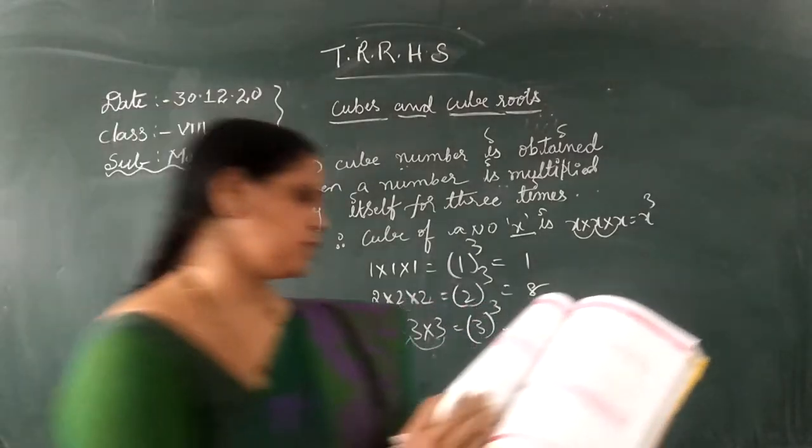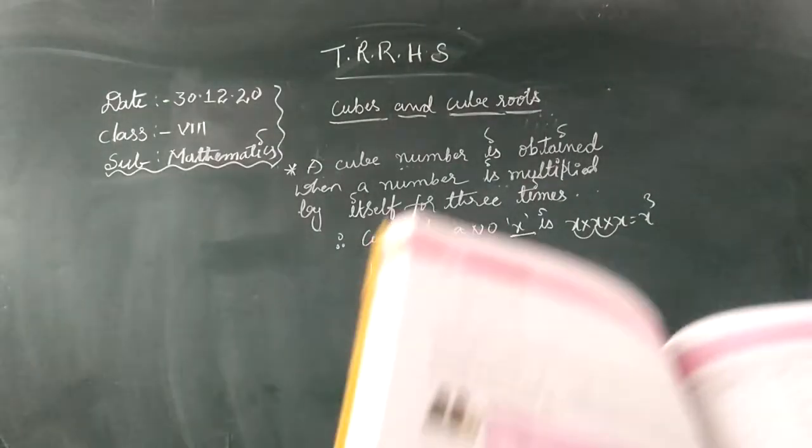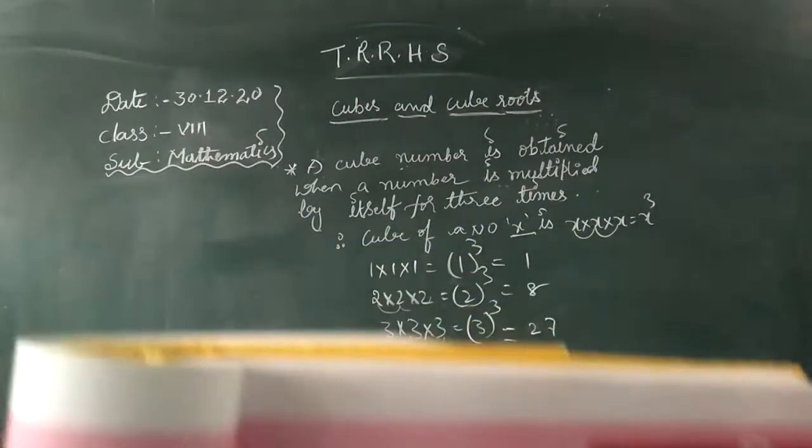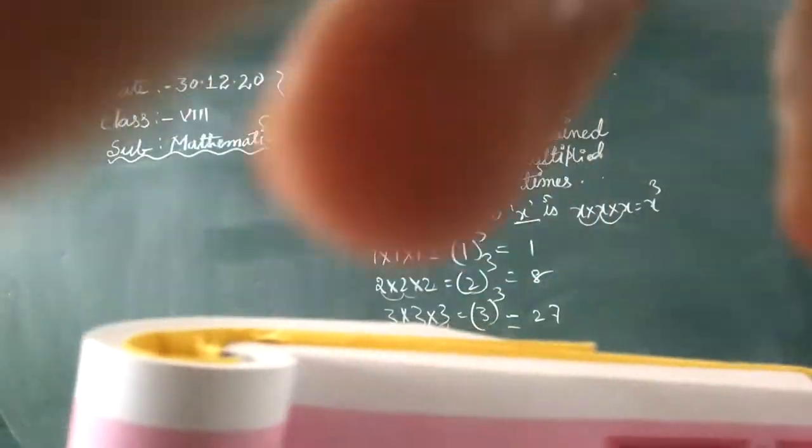See, there is a table I will show in the textbook also. See here the textbook. This is the textbook, no? Yes, I hope you can see this. So observe and complete the following table. 1 cube, 2 cube, 3 cube, 4 cube and so on. They have given until 10 cube. So you have to finish this in your textbook. In the same way, next page.